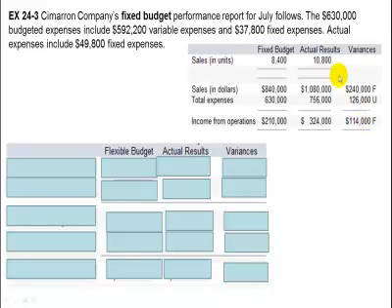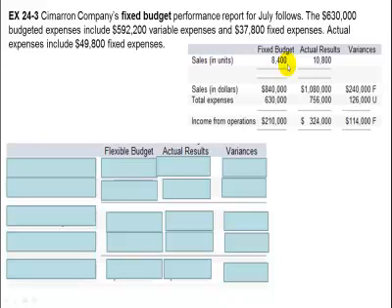Well, this type of budget is useless. When you compare a level of 8,400 units to 10,800, of course sales will be higher, and of course expenses will be higher, and of course you should have a higher income from operations. So comparing one sales level to another sales level is just a waste of time. It's better to put together a flexible budget based on whatever